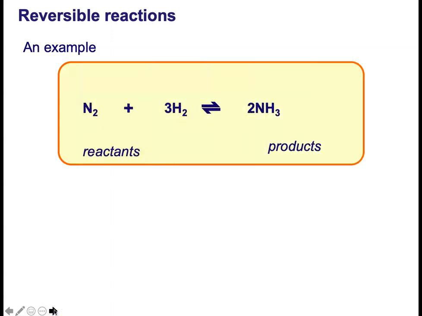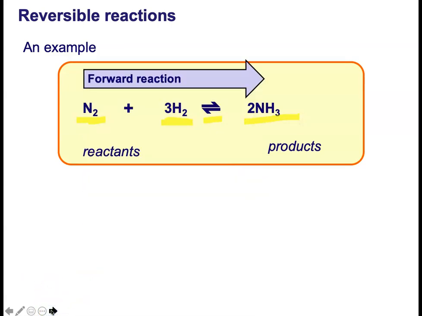Example, nitrogen gas from air, fractional distillation of air. Hydrogen gas, we get hydrogen gas from fossil fuels, from electrolysis of water, and that produces ammonia. The reaction is reversible. Ammonia can easily decompose to form hydrogen and nitrogen. So the forward reaction, so in our standard way, when nitrogen reacts with hydrogen, so the reactants